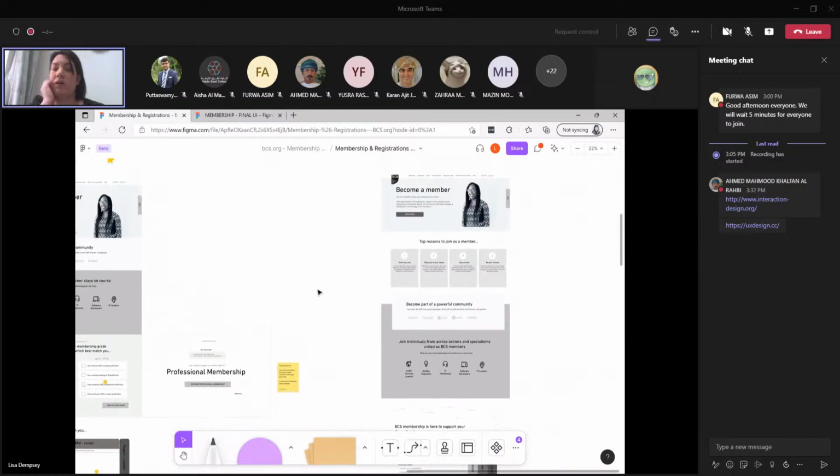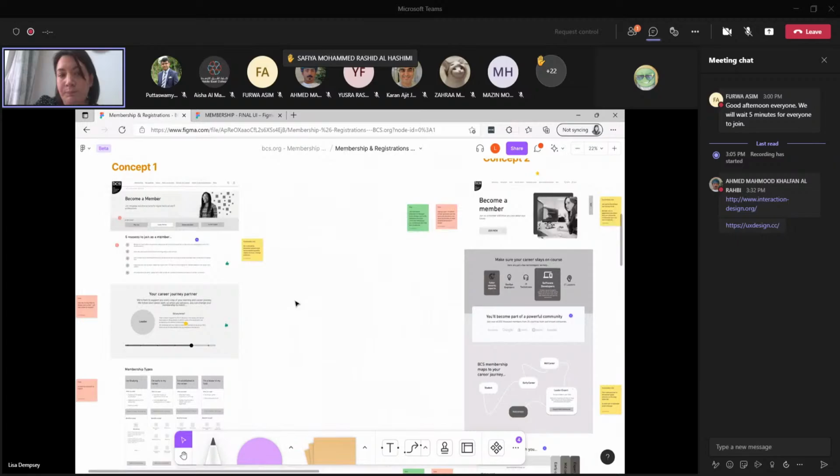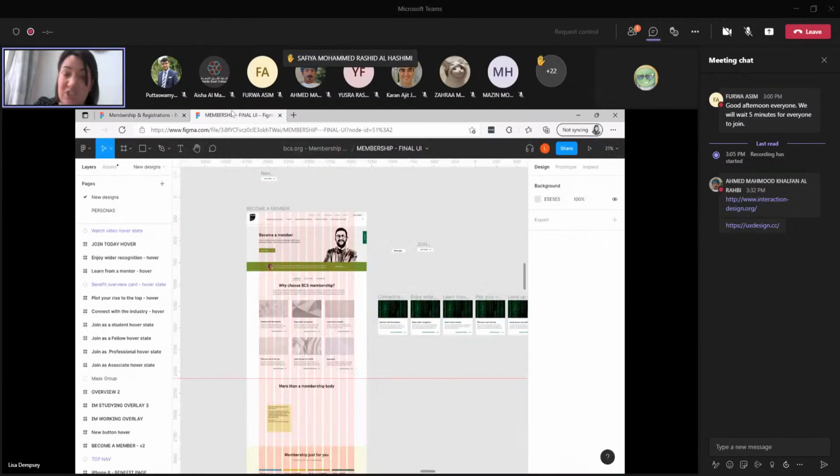So this is kind of the UX side of things. So understanding the problem and providing some solutions and researching whether these solutions will work or not by talking to users. And if I skip, these are kind of different options that we might have gone down. And if we skip to kind of the current